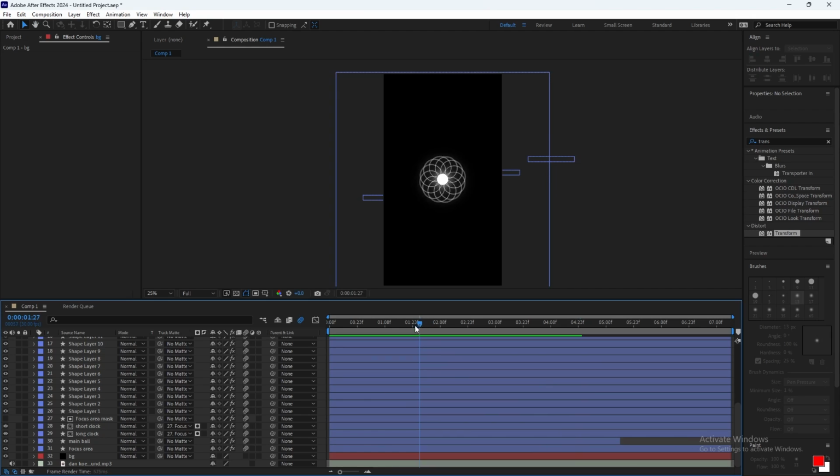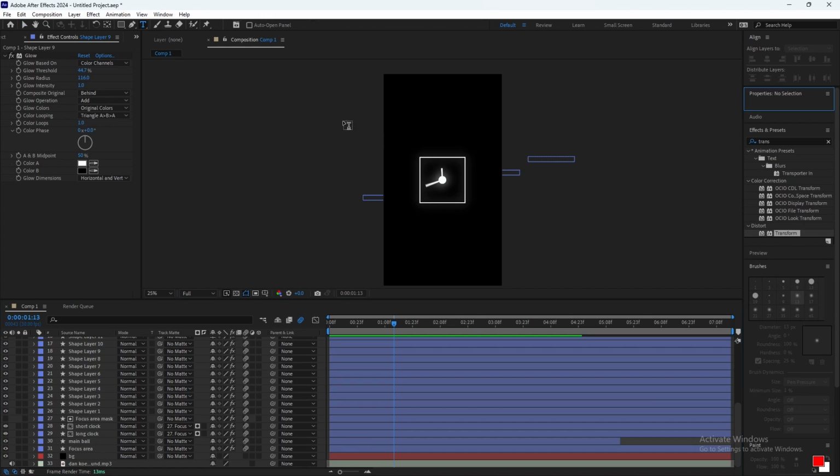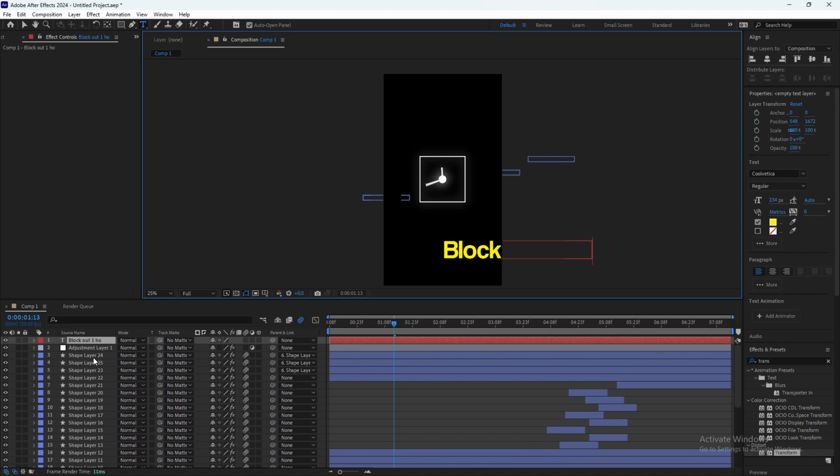Actually, another thing we can add is text. Okay, let's just add a text layer. Let's type: block out 1 hour a day.